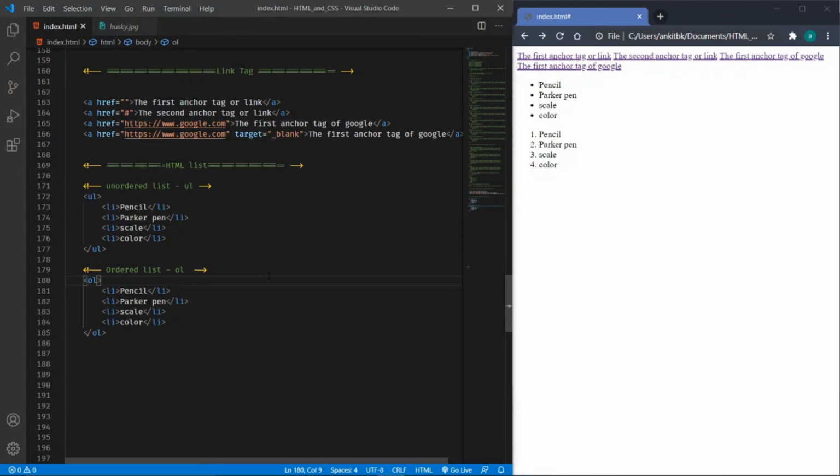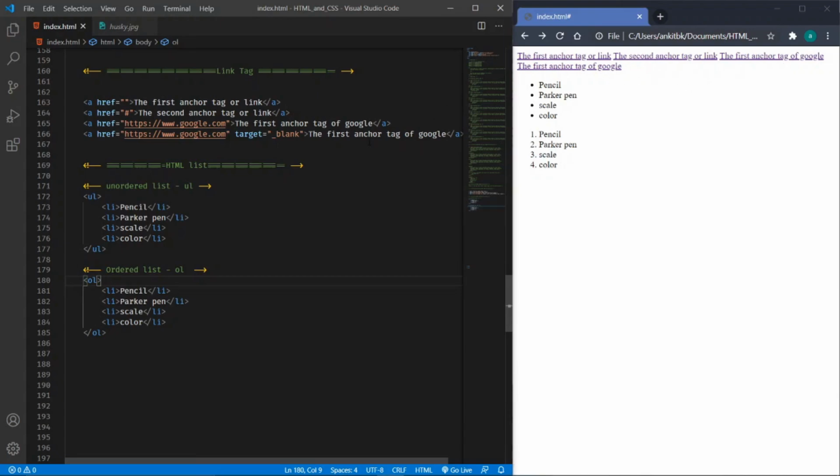The a tag is usually an inline type of element, and as I've told, if you are placing four inline elements one after another in a code editor, and you save and refresh the browser, you can see the tags have been placed one after another. It is taking only that much width that the element content has. The first anchor tag or link has this much width, so it will take that much only. And all the other similar inline tags are attached to this, so they are not starting on a new line.